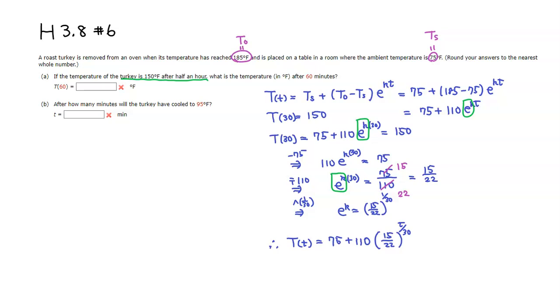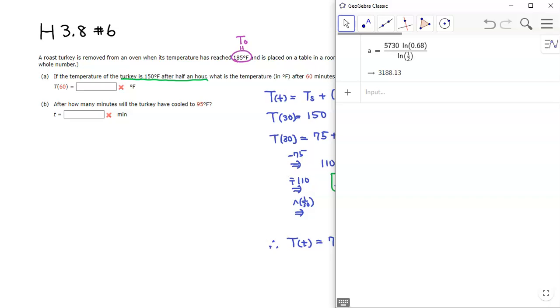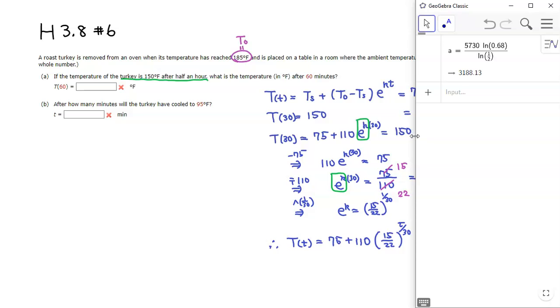All right, so we are looking for T of 60, so we can just type it into the GeoGebra and get the value. So here, I can probably make this a little bit smaller so that we can see the formula here. All right, so we have T of t